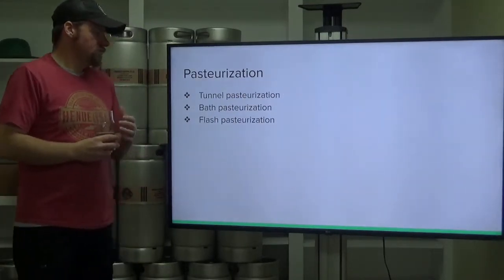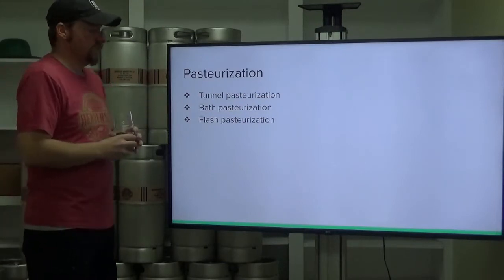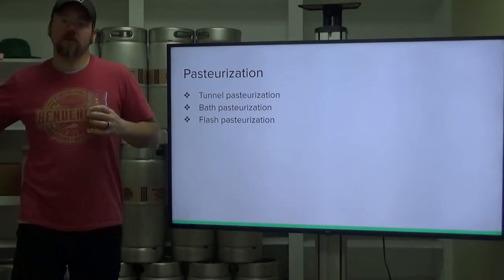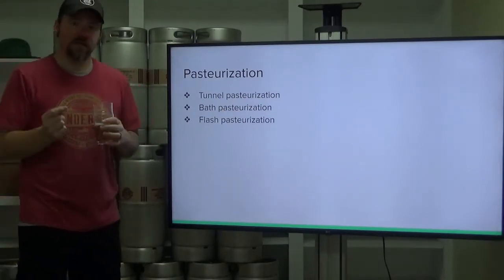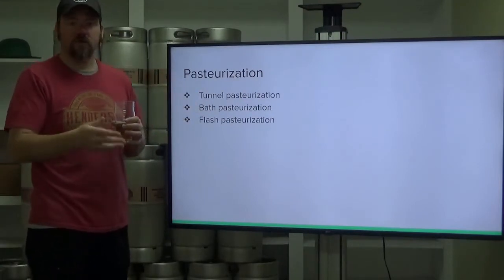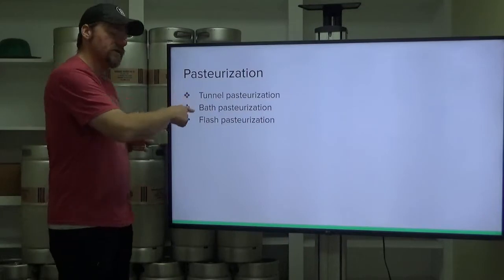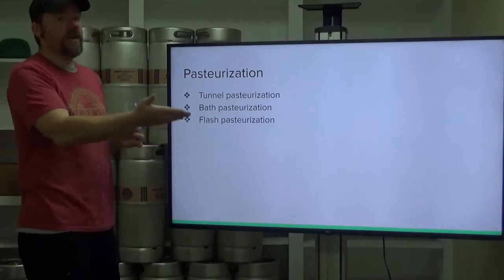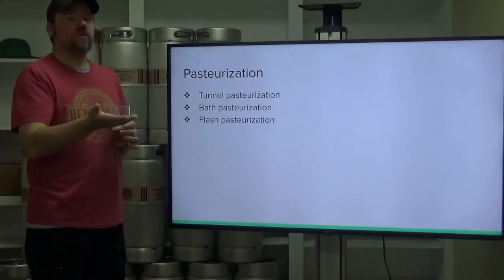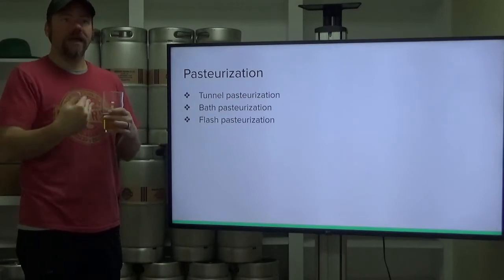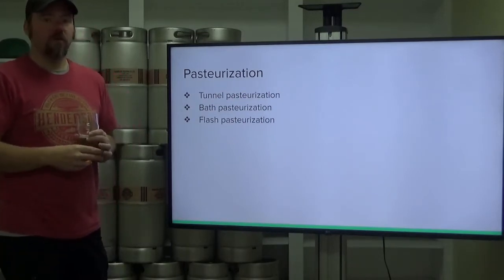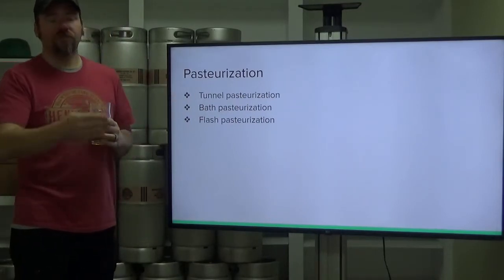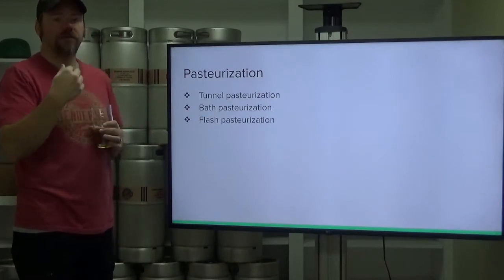So, heat pasteurization, there are a couple of different options. Tunnel pasteurization would be a post-packaging pasteurization process. You've got your bottle or your can running down the line. Before it gets to, let's say, your 6-pack, your 12-pack, your case packaging, it is going to pass through this tunnel pasteurization process. It's basically a tunnel. It's going to raise the temperature of that package up to your desired temperature, and for the desired amount of time, before it begins to cool down. And it'll exit that tunnel, hopefully at the cooled down temperature, and enter into your packaging